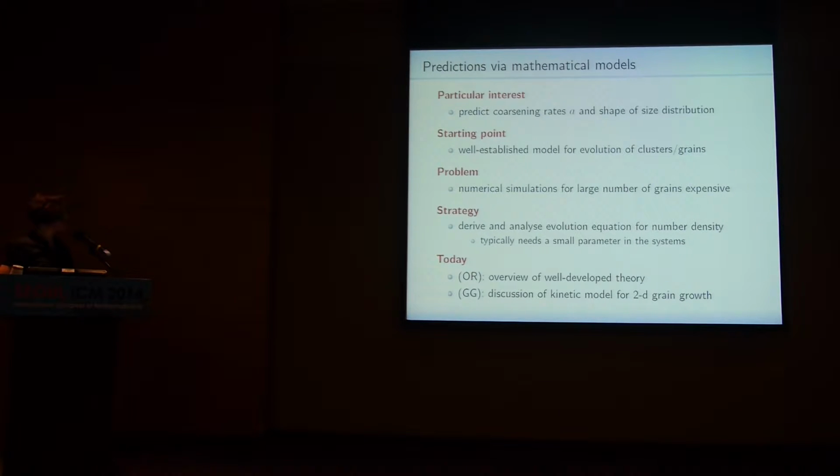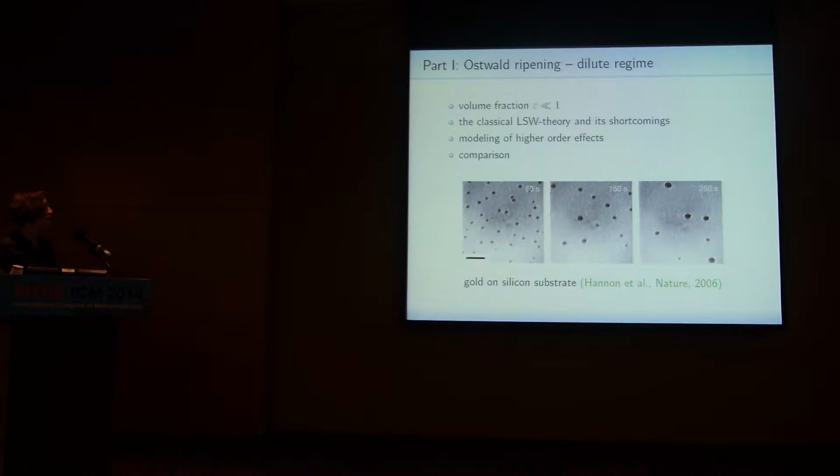So again, today I will discuss the two examples I showed you before. But the situation is quite different. In Ostwald ripening, at least in a certain regime, there is a quite well-developed theory by now, and I just want to give you an overview of what has happened in the last decade or so. And in the end, I will discuss briefly grain growth. Here the situation is much more complicated, at least from the point of view of these kinetic models, but I will describe briefly a two-dimensional model for 2D grain growth, though we will also see there are some limitations as well. So let's start with Ostwald ripening.